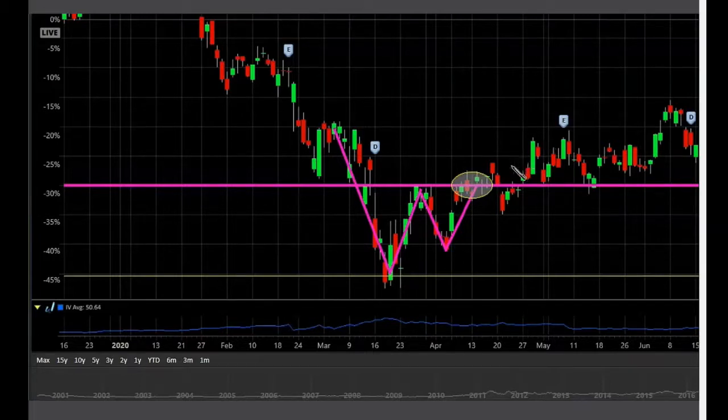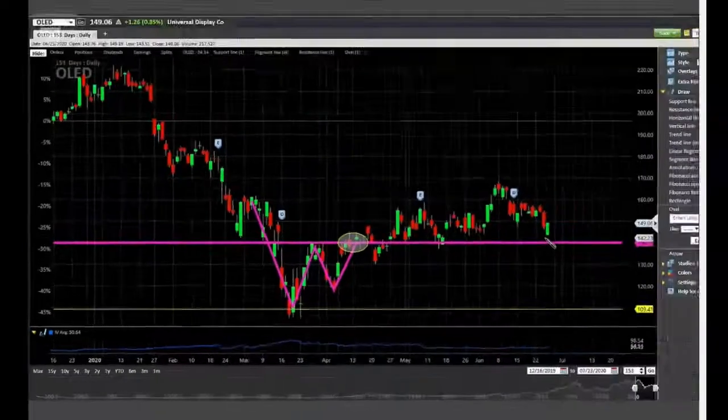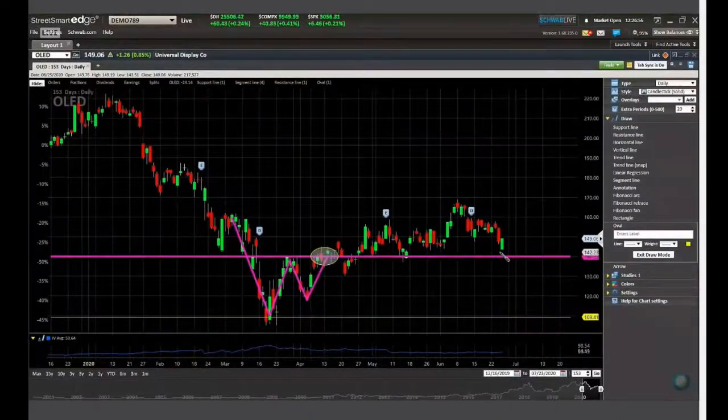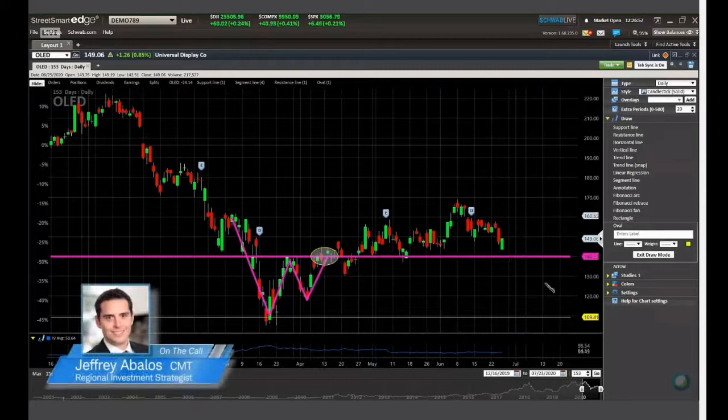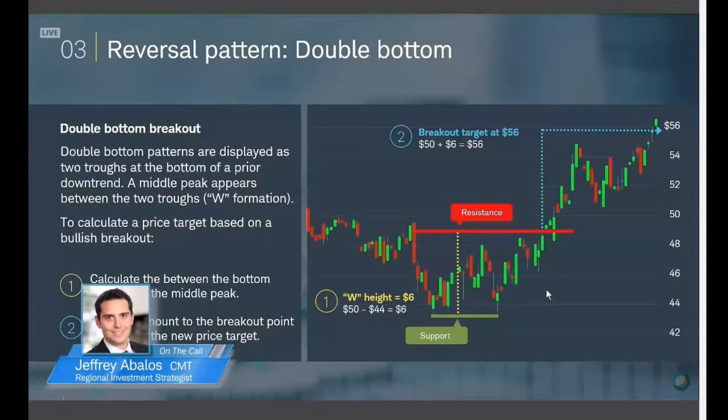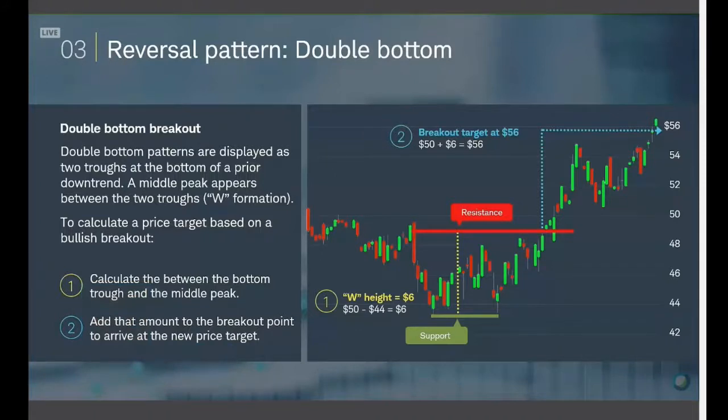So these are examples of reversal patterns, okay? That double bottom, or it could be a double top. Reversal patterns. There's also a lot more out there. If you want to take a look at one, check out for homework the head and shoulders pattern. That's something that we actually saw back in 2008 on the S&P 500 if you want to see an example of that.